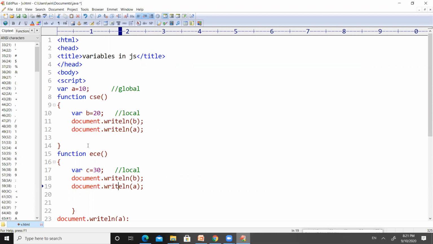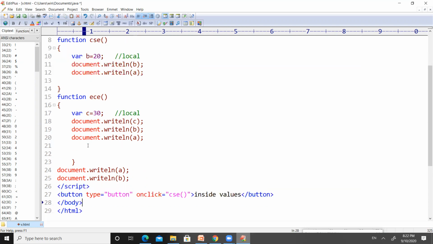Now I want to print all three values: the value of C, the value of B, and the value of A, right? So I want to execute the function ECE.